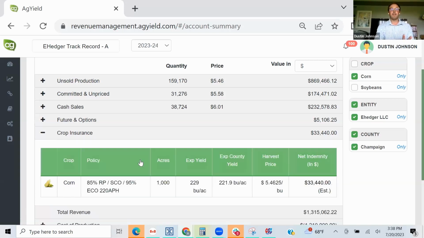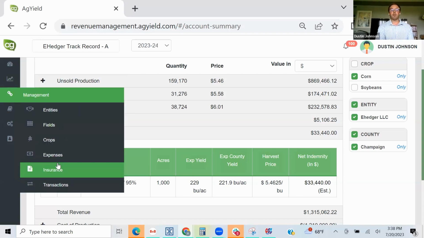The other thing that is really important, and I think this is a great example year of how we would use something like this, is ECO and SCO products. So ECO and SCO insurance products, they'll use county-based yield estimations for generating a payment. A lot of times what we're going to be doing is marketing around where we think that crop insurance floor is expected to come in at. And at this very moment, we've got corn trading around 546. That's well below the 591 spring price. So some of these larger 95% ECO policies at expected county-based yields are triggering a decent sized payment right now.